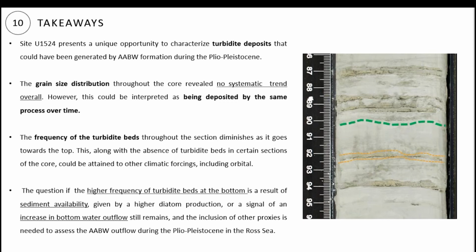The frequency of the turbidite beds throughout the section diminishes as it goes towards the top. And this, along with the absence of certain turbidite beds in certain sections, could be attributed to other climatic forcings, including orbital. And one of the questions that is still a question,